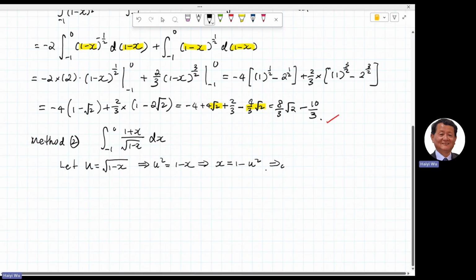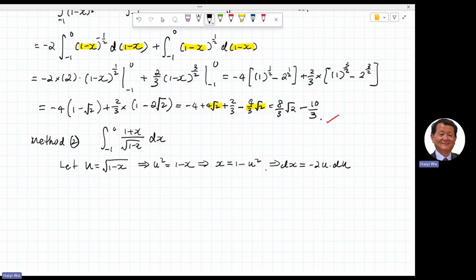So therefore, dx will be -2u du. So that's how we find a relationship between the derivative of x with regard to u. Now we also need a new domain because x goes from -1 to 0. So therefore, my new variable u will be from